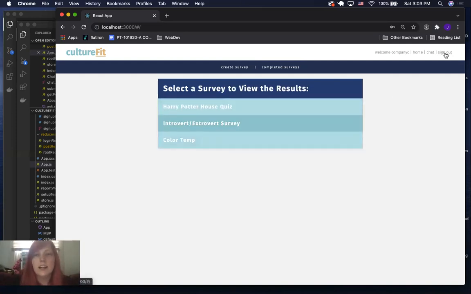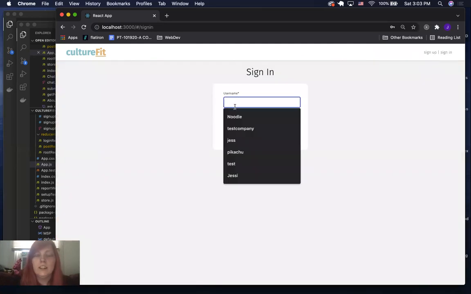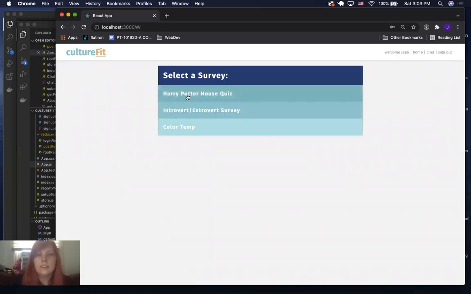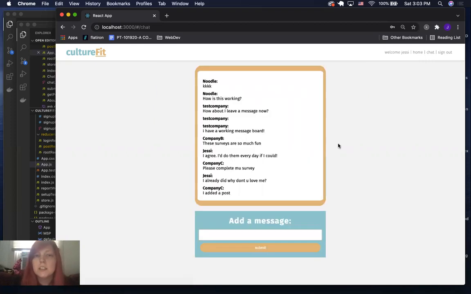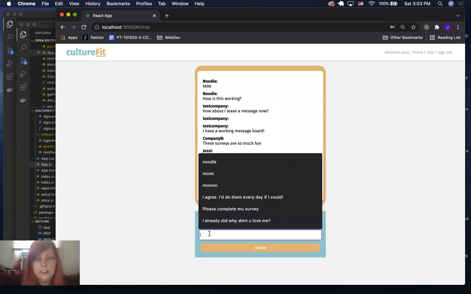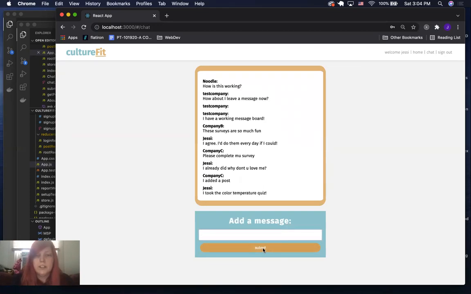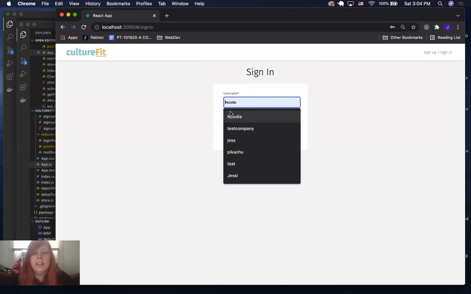So we're gonna sign out. Now we're gonna sign in on the user side again. Okay. There is a chat message board, and this is a message board. It's not a live chat. So I can, and this is using Redux Thunk for asynchronous posting, say, took the color temperature quiz and submit it. And it's going to update without any kind of flashing or anything like that. And then if I sign out and sign in as company C,